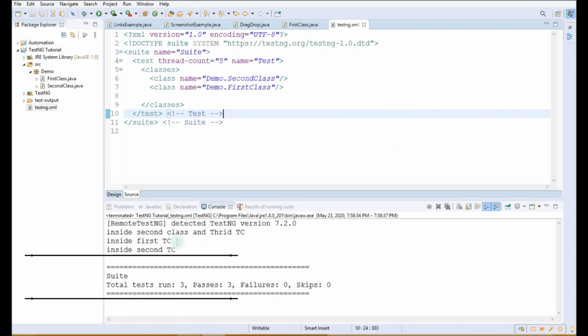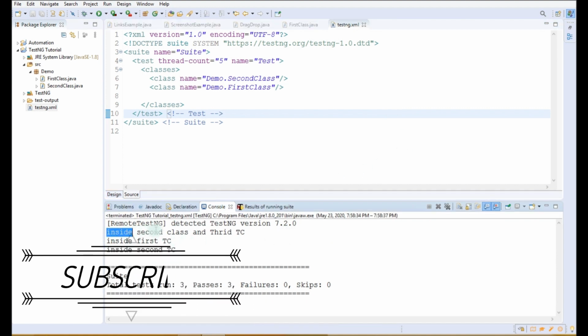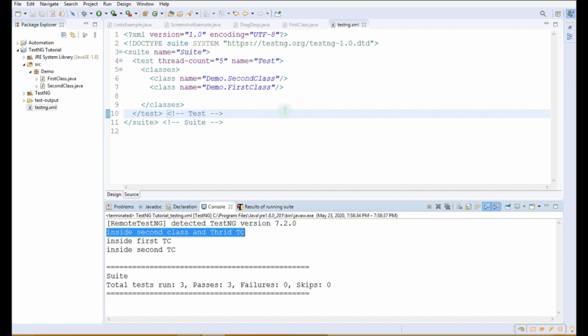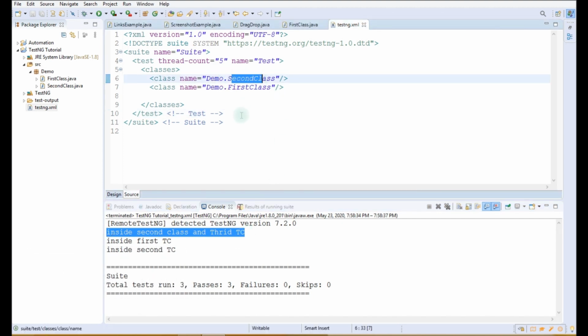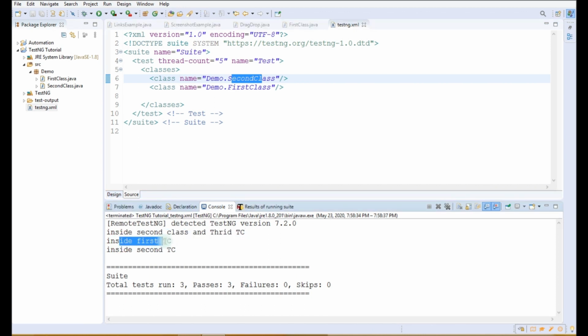As you can see, first it has printed inside second class and third test case, which is the output statement from this second class, and after that it has printed the first test case and then the second test case. As I have told you, this is the execution sequence of the program which we have written.